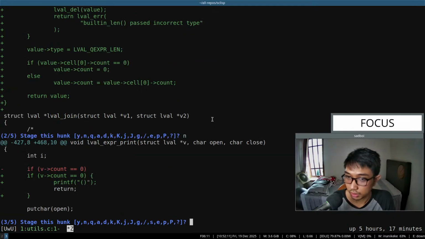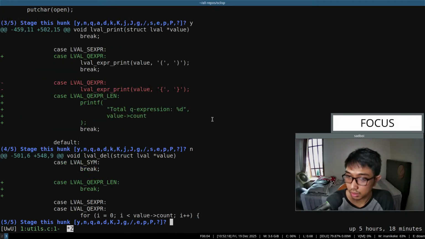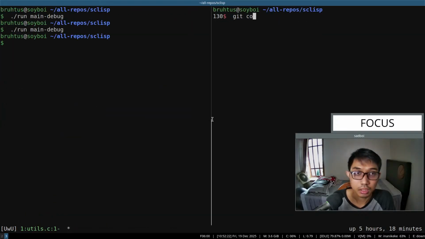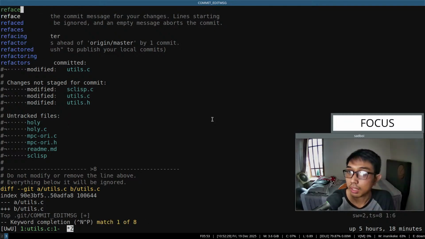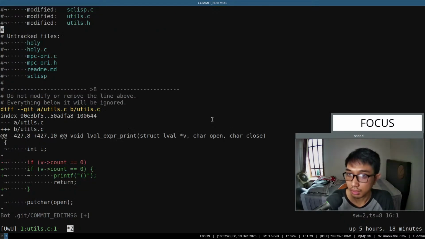Let's commit that first. This one. Okay, put that in a new commit. Git commit. Okay. Refactor utils, print out if